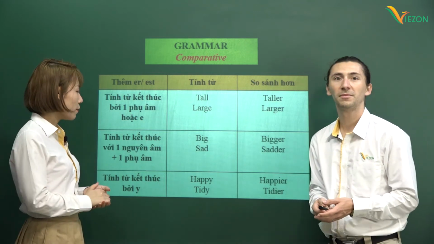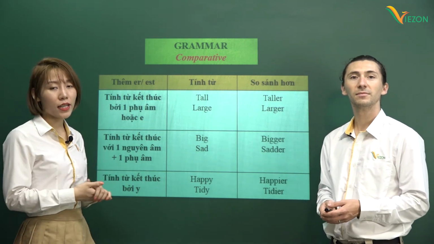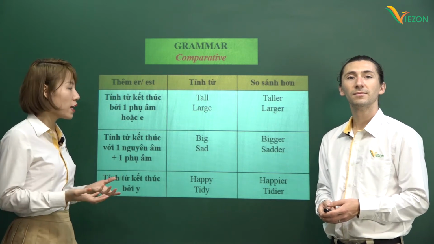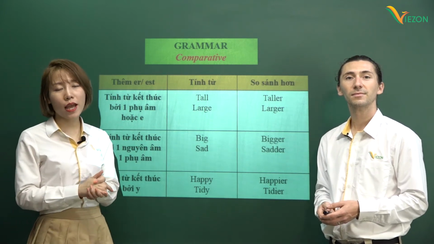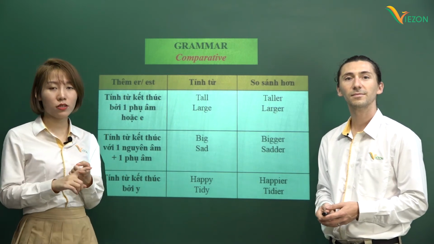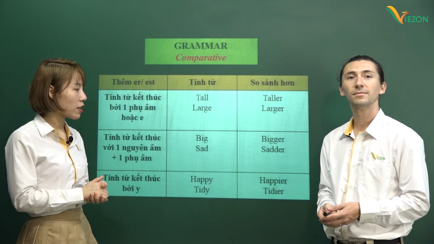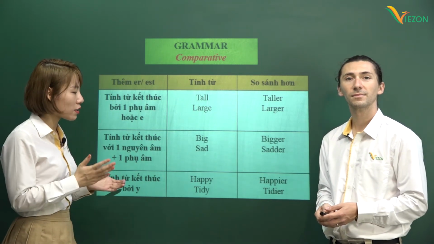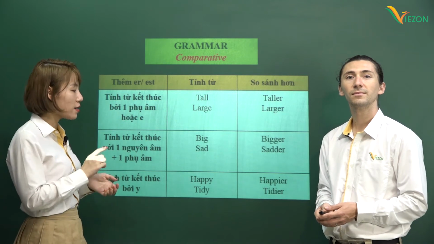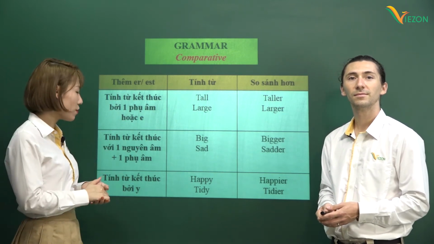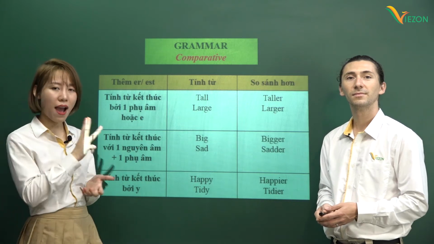Teacher Hien: Với quy tắc thứ hai ở đây, khi một tính từ hoặc một trạng từ kết thúc bằng một nguyên âm cộng một phụ âm thì mình sẽ nhân đôi phụ âm lên khi thêm đuôi er. Ví dụ như big kết thúc bằng y ngắn cộng với chữ g ở đây thì mình sẽ chuyển thành nhân đôi chữ g giúp cô khi thêm thành er thành bigger. Hoặc là từ sad ở đây, mình phải double d, nhân đôi chữ d lên giúp cô đúng không? Bây giờ mình sẽ chuyển sang quy tắc thứ 3, number 3.